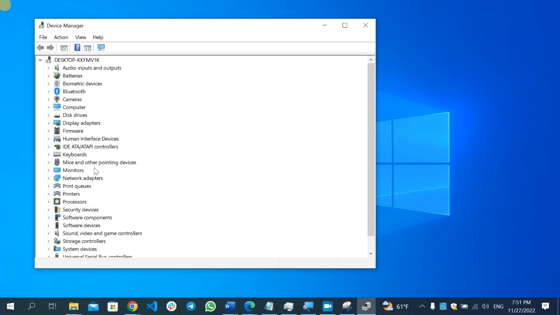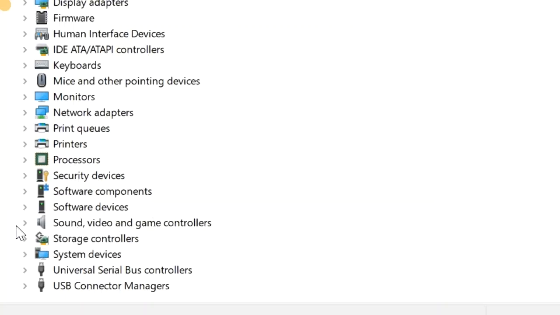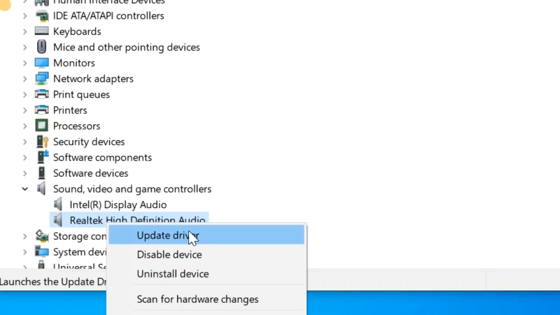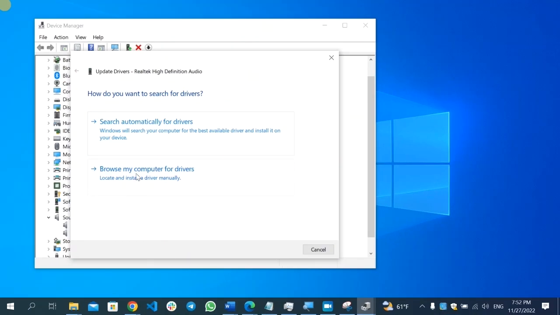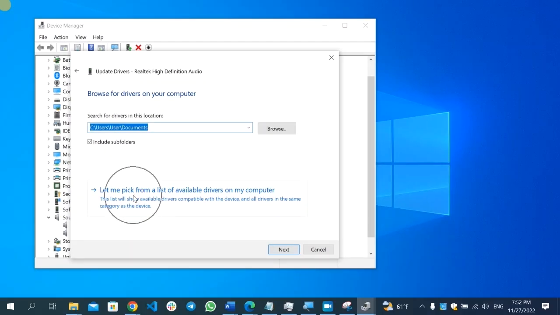After the device manager opens, on the bottom you will find sound, video and game controllers. Click here on the arrow and you will find the Realtek High Definition Audio or some other driver on your computer. Select that specific audio driver, right click on it and select update driver. Then click browse my computer for driver, then select let me pick from the list